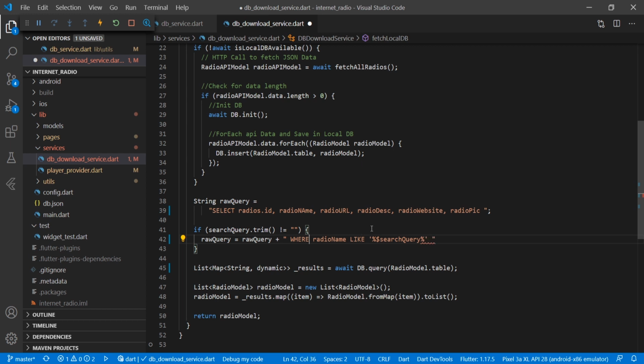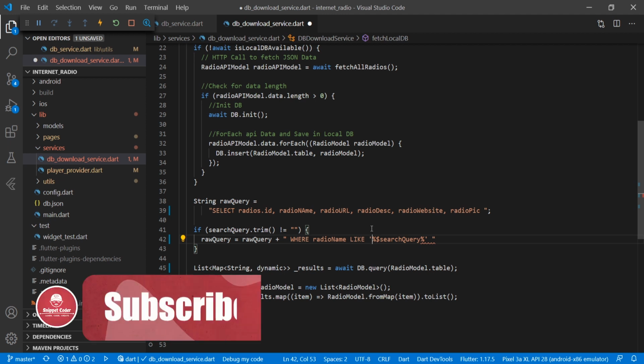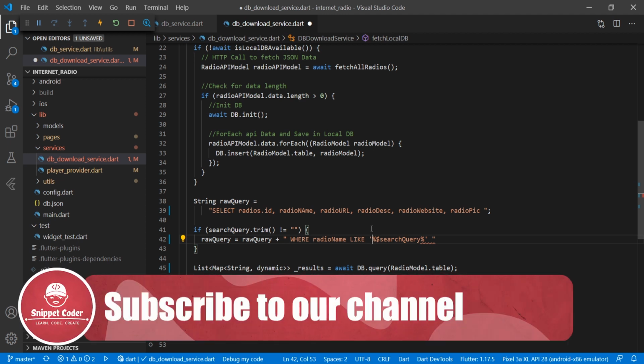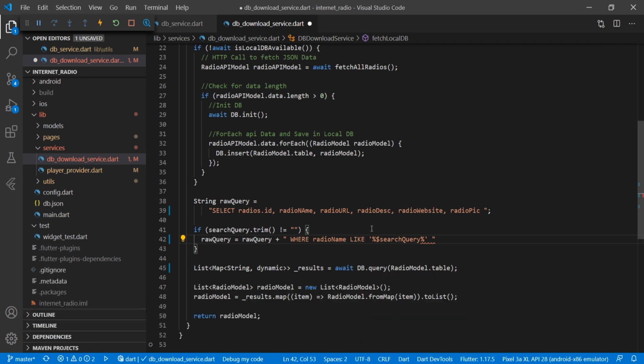And what we are doing here is we are doing the filtering, and we are putting where radio_name is like, and we are using the like operator over here, and we are providing the percentage so that the search text can be at the starting also and at the end also. That will be like a contain search, and dollar we are providing to use that variable in the string in the quotes.